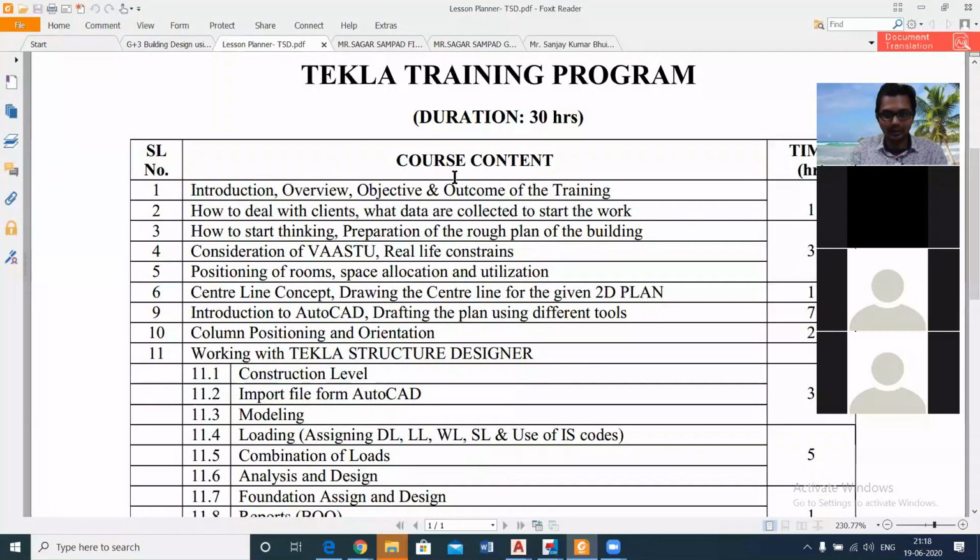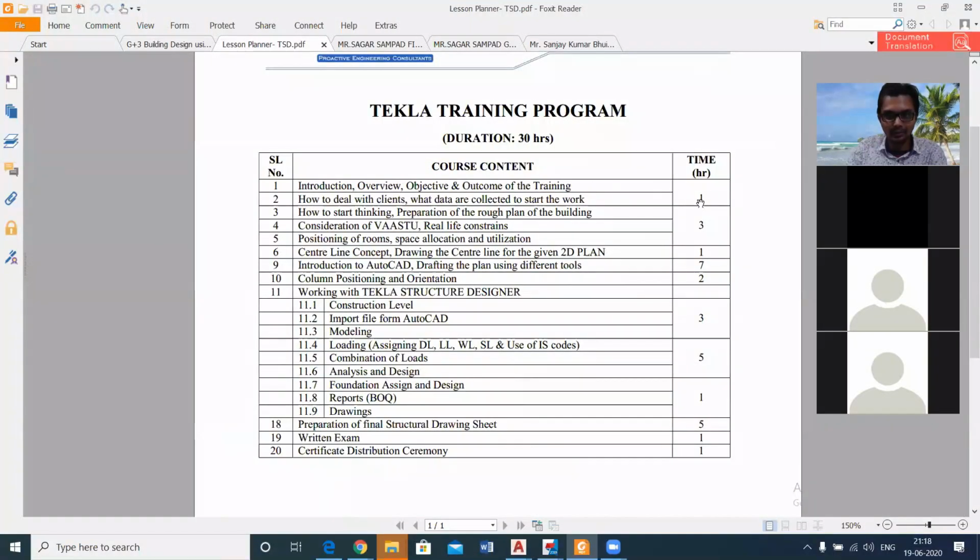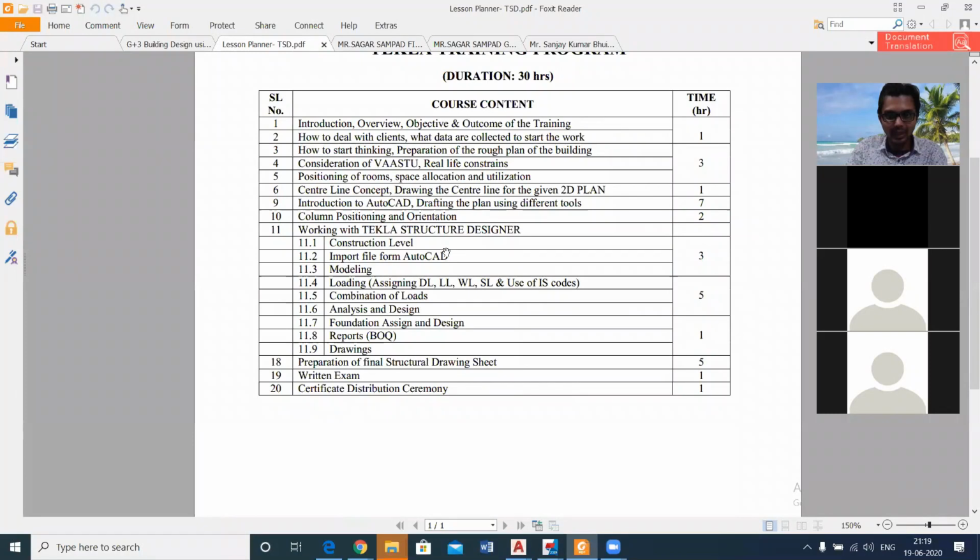This is your 30 hours course, in which you have the software parts and the drafting parts, in which we will show you how to draft a plan, draw a plan in AutoCAD, and then prepare certain things as input: how to assign your column positions, how to define the orientation of the columns, how to draw your beam column plan, how to make your center line, and then how to import it into the software.